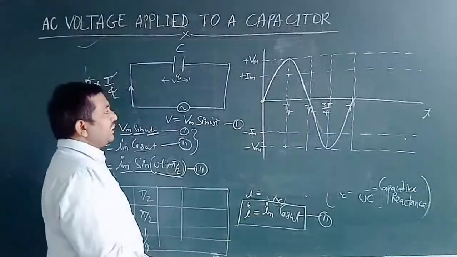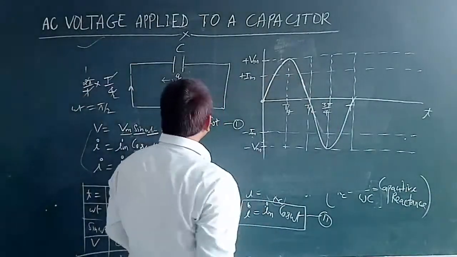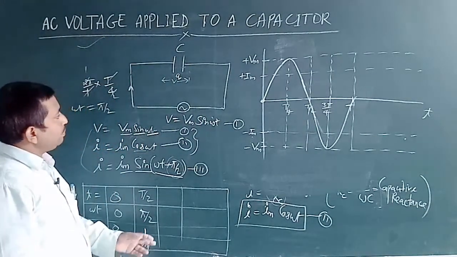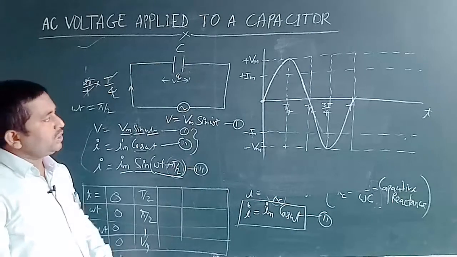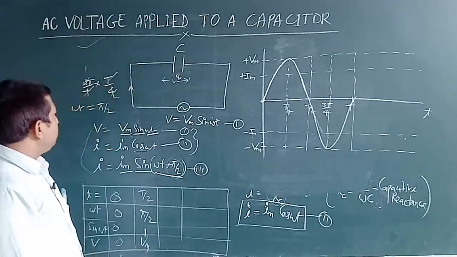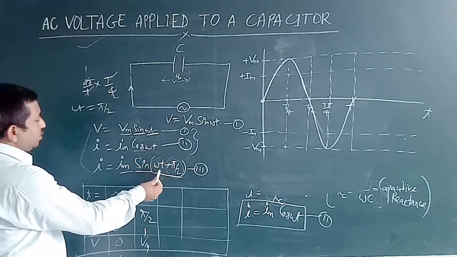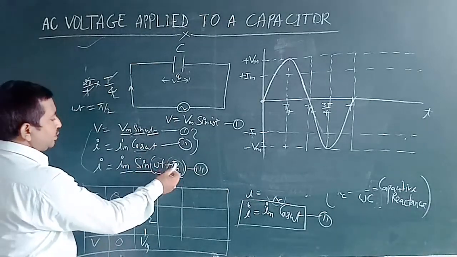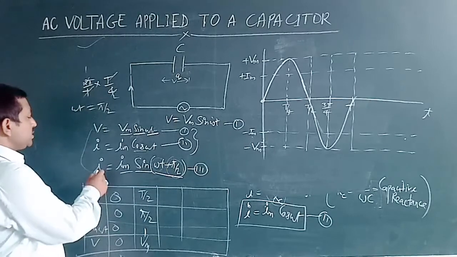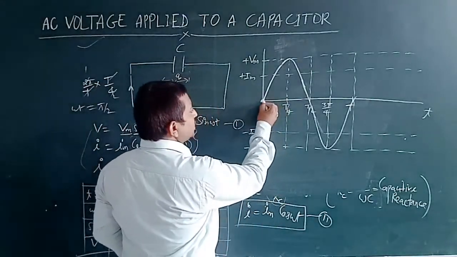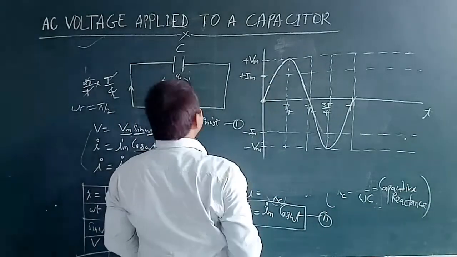Okay, we can easily find out the graph for the potential. Similarly, if you want to find out what will be the graph of the current with respect to this voltage, then when we put t equal to 0, this omega t becomes 0. It means we get sin pi by 2, and sin pi by 2 becomes 1. It means the value of current is plus Im. So when potential is 0, then the current is plus Im.